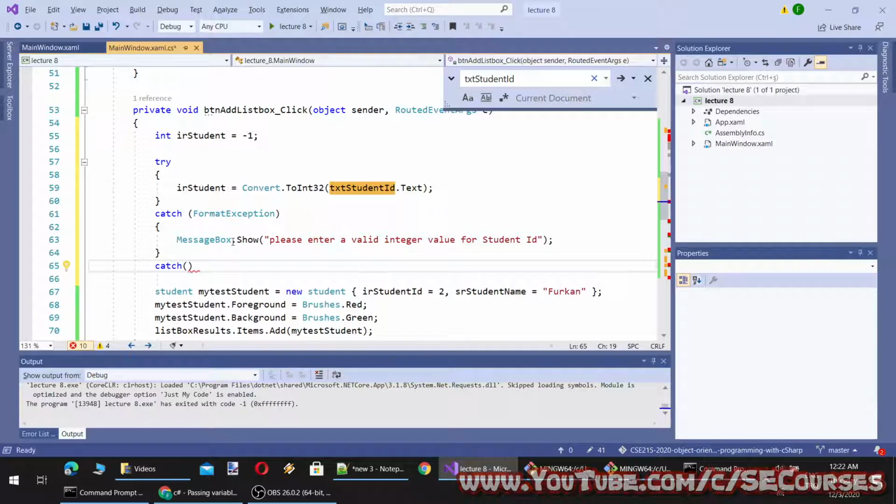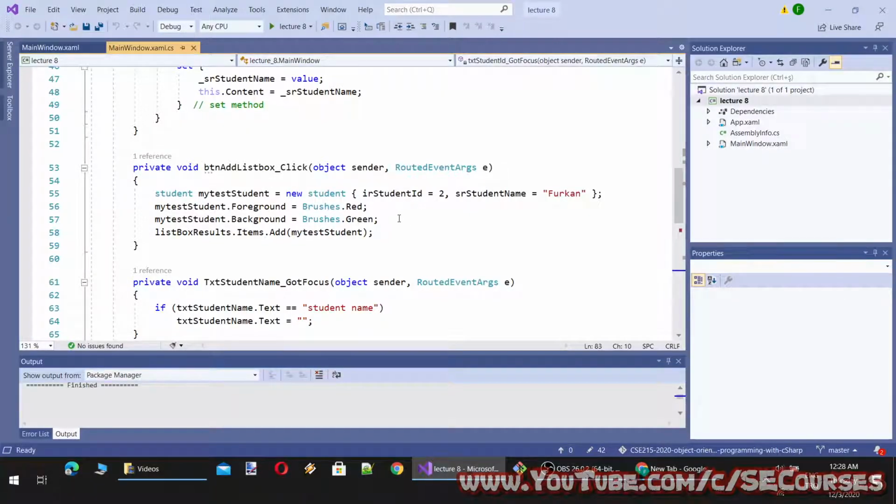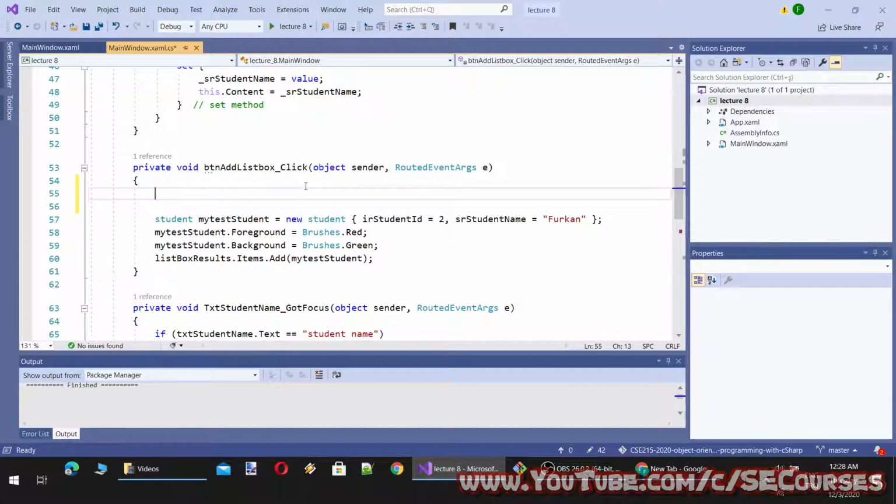The other exception, you see, there could happen two types of exceptions, which are format exception. Okay, sorry about that interruption. The computer has crashed. So I will continue from where the video left. So what we were doing is